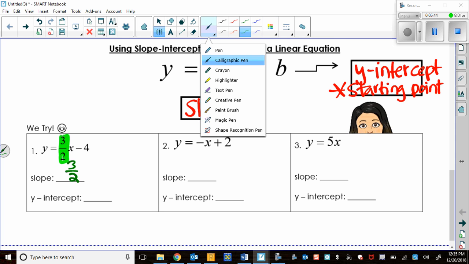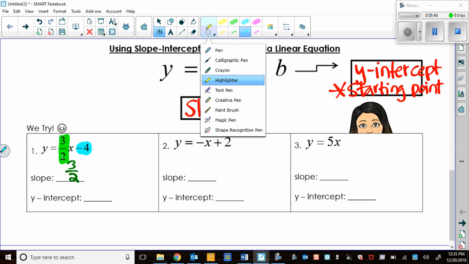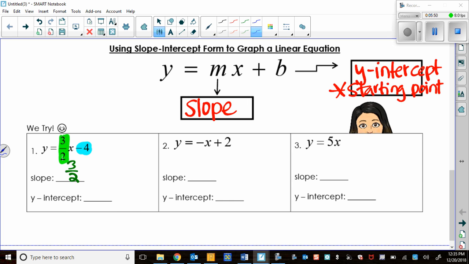My y-intercept is 0, -4. So how I'm going to write that as an ordered pair is 0, -4. Okay, so I try to put the same colors down so that you can see. Okay. Number 2,